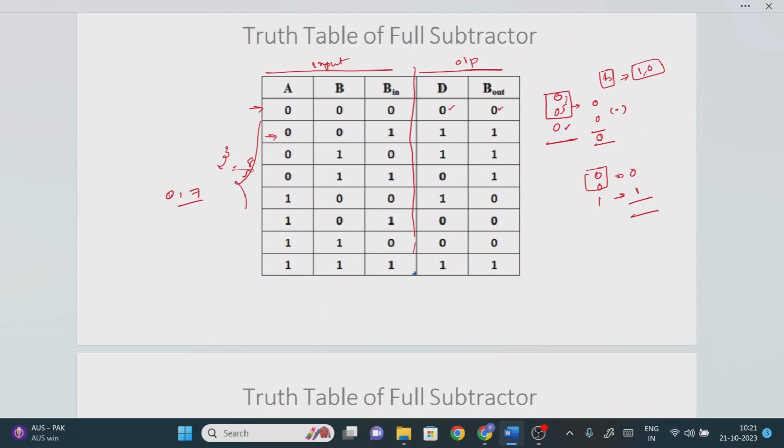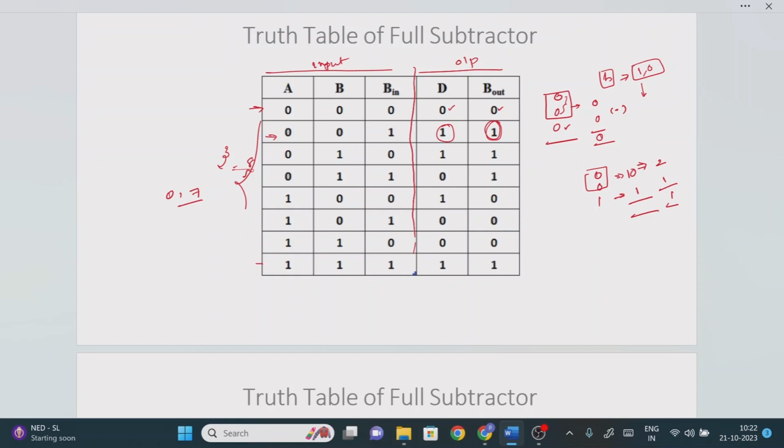If you take 0 again, it will be 0 only. So for that, what borrow are we taking? 1 is the borrow we are taking. The moment you take the borrow, we need to mention borrow equal to 1. Once that is done, 1 0 minus 1, that is 2 minus 1, gives 1. What is the difference value? 1. So like that we need to find, for all input combinations, the difference value as well as the borrow value.